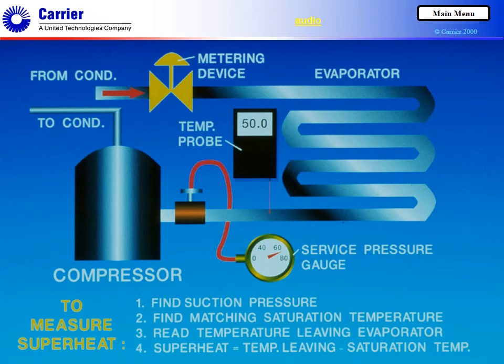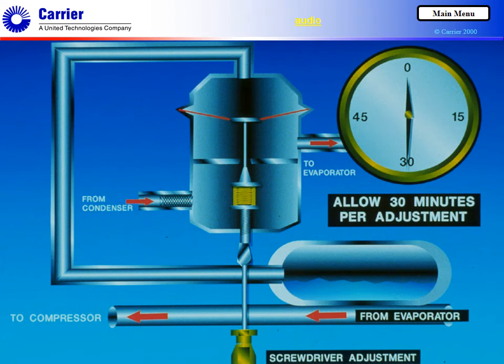For split systems, you can improve the accuracy of your estimate by assuming that the saturation temperature at the evaporator outlet is about 1.5 degrees Fahrenheit above the saturation temperature at the compressor service valve. When adjusting the superheat on a thermostatic expansion valve, turn it counterclockwise. This usually reduces the superheat. Clockwise rotation increases superheat. Never adjust more than one turn at a time. Take superheat readings after each turn. Be patient. The system may take as long as 30 minutes to show the final results of one adjustment of